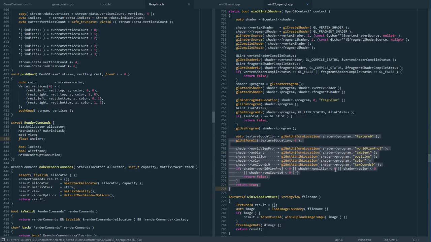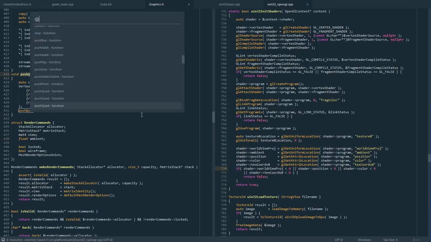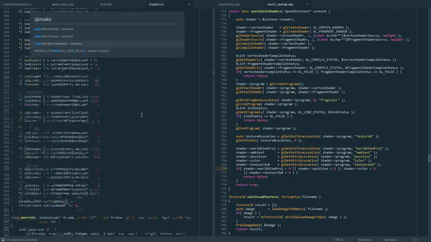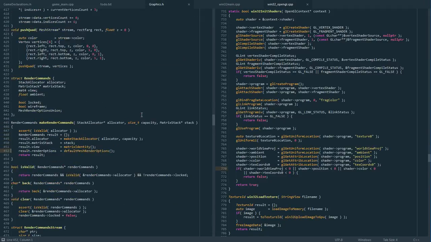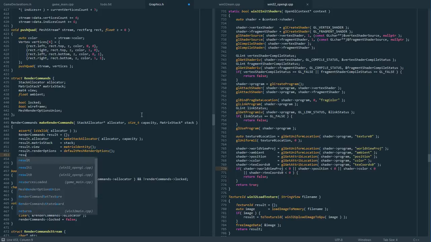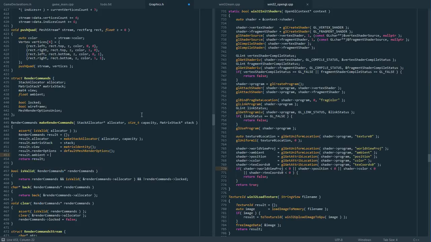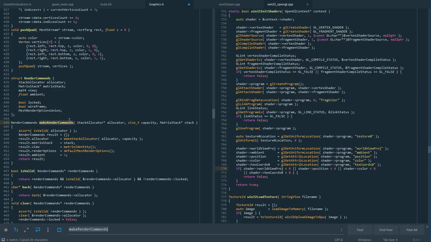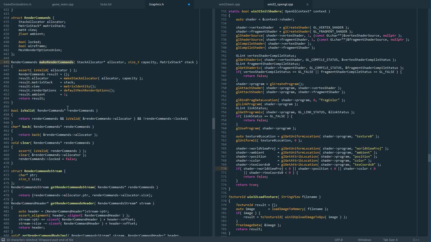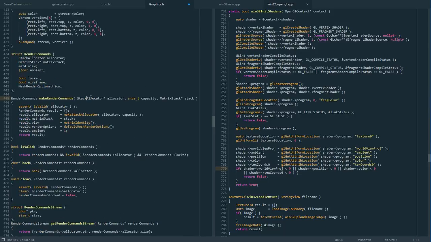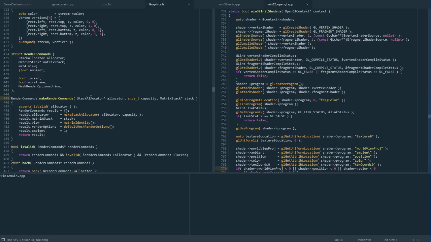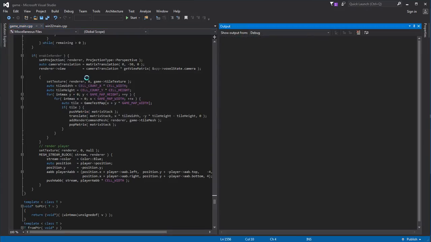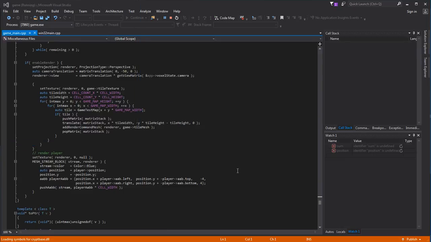This way we get the ambient value, and when we initialize the render commands, its default value will be 1 for the ambient. Okay, let's compile and test it out. I shouldn't have changed anything currently, except